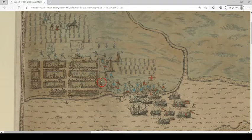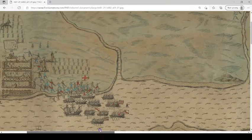O. This is the church. And I thought this is important to point out because even though it looks kind of small and humble right here, it actually is a very important church, because this is the forerunner of what we now call the Cathedral Basilica of St. Augustine. And so it's the same congregation all the way from the 1600s up until today. It's the same congregation, different building, of course, but this is the oldest continuously operating Christian congregation in the contiguous United States. So a pretty remarkable building that is still with us in some ways today, just not in that